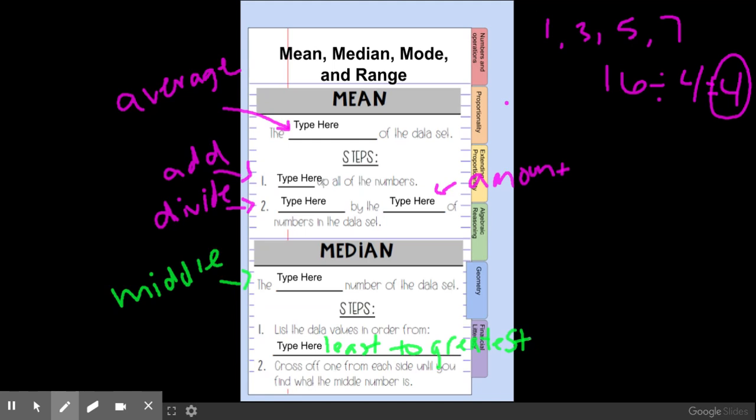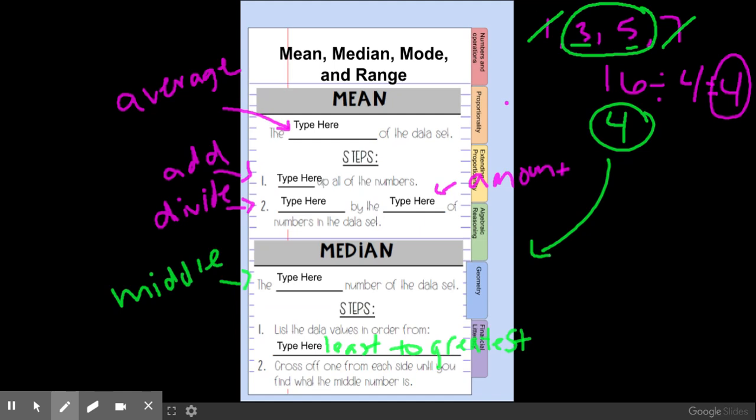So if I use these same numbers, 1, 3, 5, and 7, I'm going to cross off on each side. So one on the left, one on the right. One on the left would give me 3, and one on the right would give me 5, but then there's nothing left in the middle. So what you then have to do is if 3 and 5 are left, what is in the middle of 3 and 5? Well, the middle of 3 and 5 would be 4. So our median would also be 4